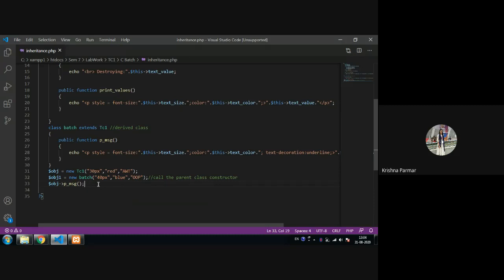Same thing here: TC1 is your father, and the batch is you. So your father never calls your property. Are you getting my point?